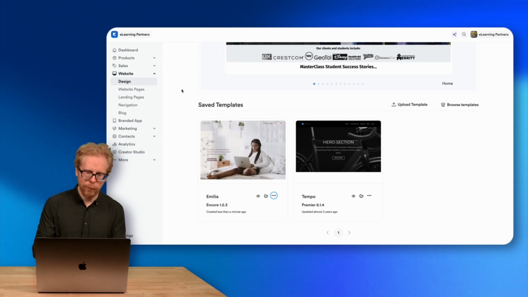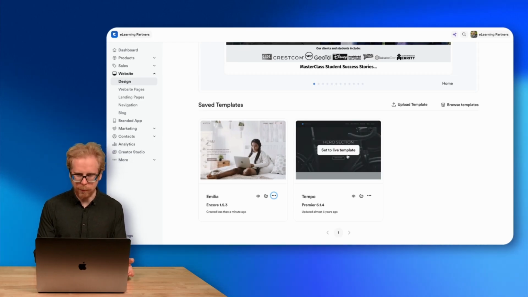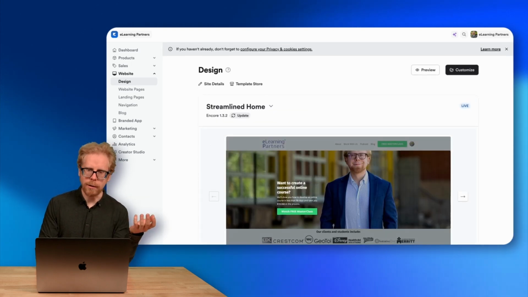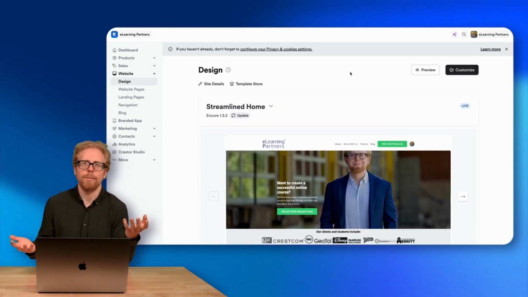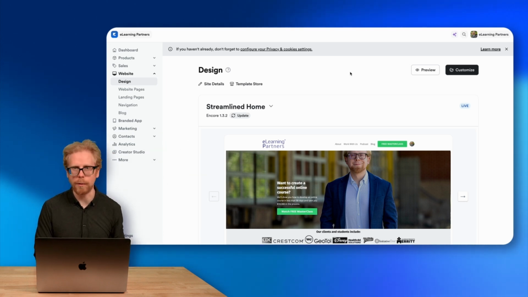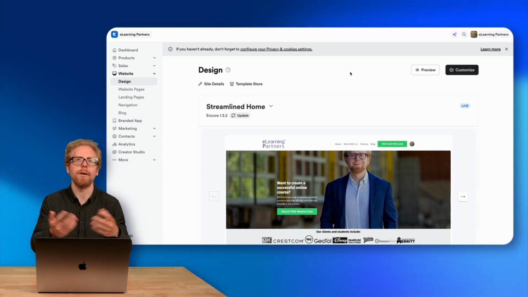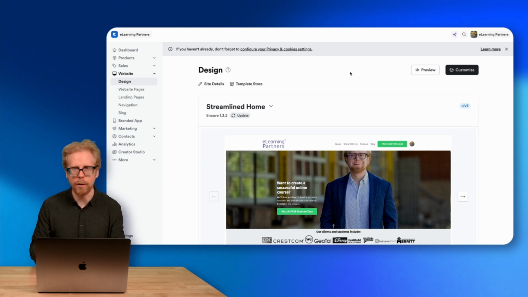We have never purchased another template. I don't plan on it because the template that we use, the Tempo template, is very customizable, so we've been able to really make it our own. And then I don't have to spend any money on a $500 template here, a $1,000 template there, or even a $100 template, and then getting it put in the Kajabi. You can do that, and there's some great templates out there that you can purchase, but let's just keep it